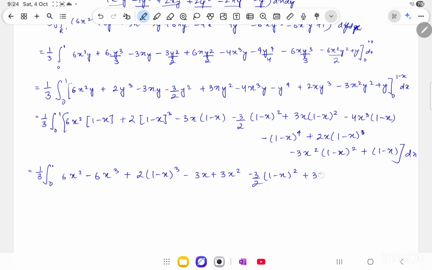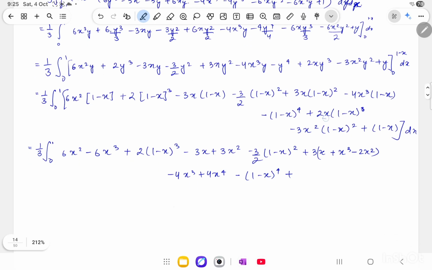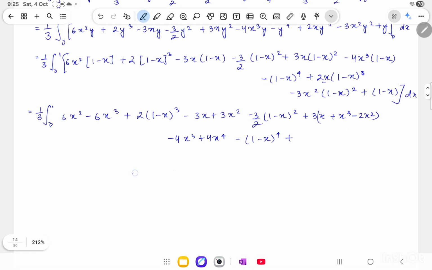plus 3x into (1 minus x) square, that is 1 plus x square minus 2x, minus this, so it will be 3 times x plus x cube minus 2x square, and minus 4x cube plus 4x raised 4 minus (1 minus x) raised 4 plus this term simplifies to 2x